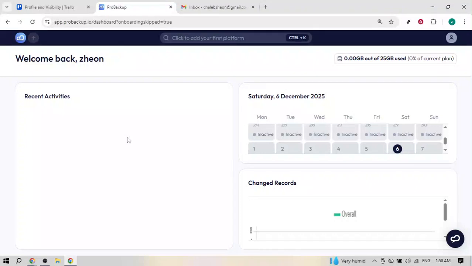In today's video, I'm going to teach you how to back up your Trello account. We'll walk through a clear, reliable process using a secure backup tool so you can protect your boards, cards, and attachments with confidence. Start by opening your browser and going to